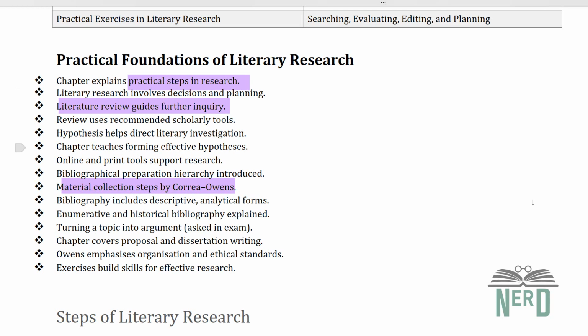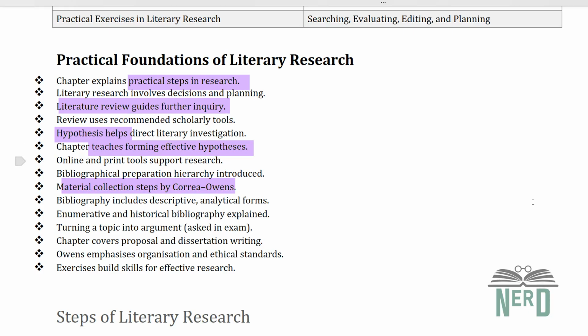Leading scholars offer suggestions on useful tools and resources, helping you understand how a good review lays the foundation for stronger research later on. From here, the chapter moves to the idea of a hypothesis in literary research. We usually associate hypotheses with scientific work, but they can be used in literature too. A hypothesis in literary studies is simply a tentative idea or assumption that guides your reading and interpretation. The chapter explains when a hypothesis is needed, how to form one, and how it helps you stay focused during